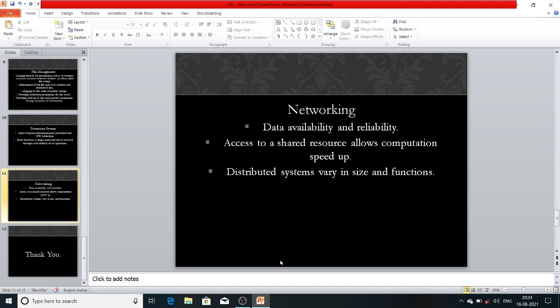There are functions such as data availability and reliability. Access to a shared resource allows computation speedup. Distributed systems vary in